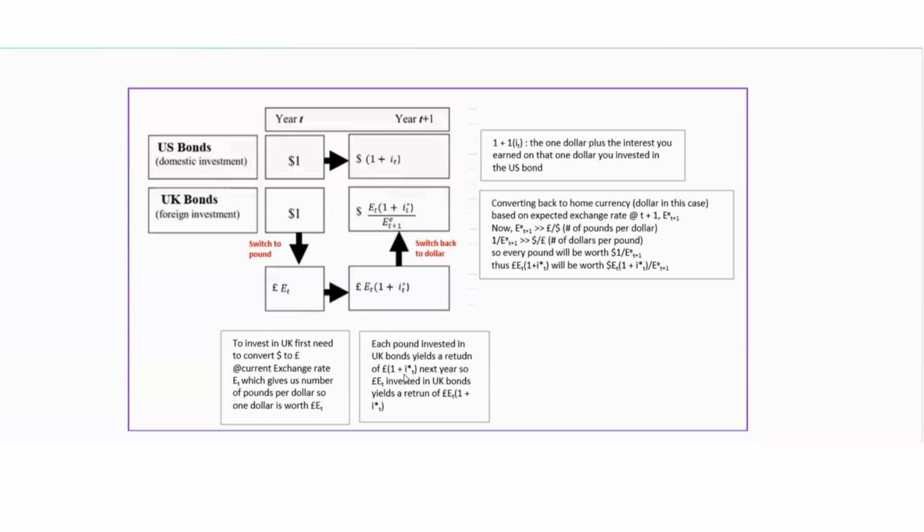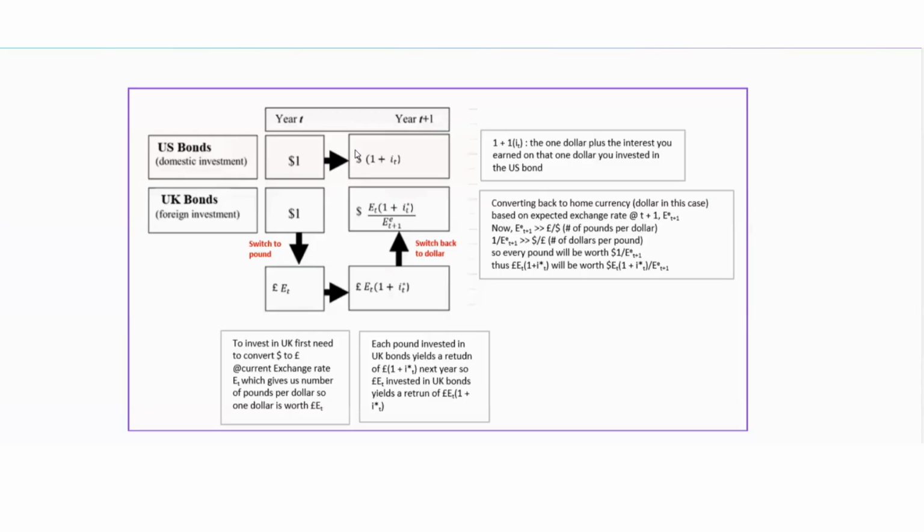So for every pound invested in UK bonds, you get 1 plus i*_t pounds next year at year t plus 1. So if I invest 80 pounds in UK bond, I'm going to get 80 times 1 plus i*_t pounds, right? So you first converted your dollar to pounds based on the current exchange rate. And then we know for every pound invested in UK bonds, you get a return of 1 plus i*_t pounds. So 80 pounds invested gives you 80 times (1 plus i*_t). And now, eventually, at the end of the investment period, you need to convert back to your home currency, dollars in this